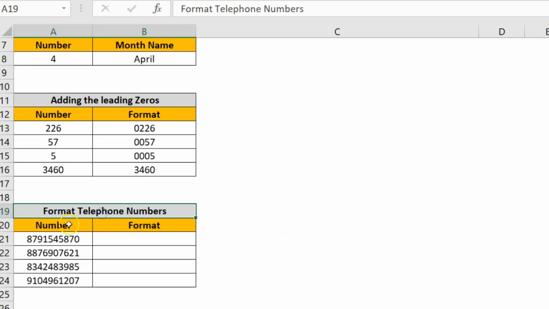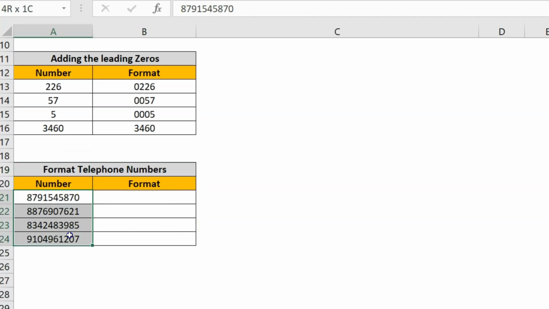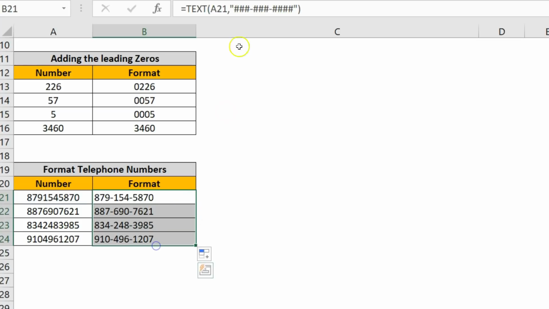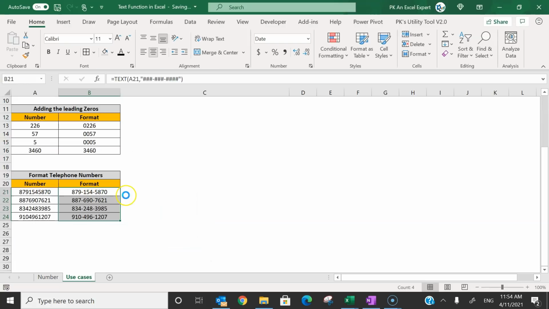Now I'll show you, you can convert telephone numbers as per your requirement also. That is one of the use cases. For example, I want to show the first 3 digits, then a dash or space, then the next 3 digits, then a dash, then the last 4 digits. So what I can do here, I can use the text function and I will take this number and here I will put hash thrice, then put this dash or hyphen, then thrice hash again, dash, then 4 times. Okay, just press enter. So here you can see it has converted this into a readable format. Now it is quite easy to read this mobile number.